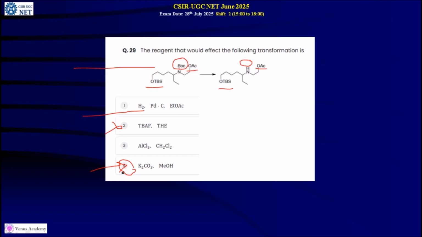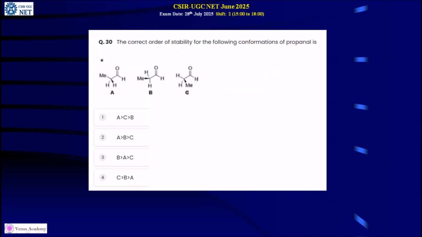So option number 4 is correct option, students. Next. Question number 30. The correct order of stability for the following conformations of propanal is, so